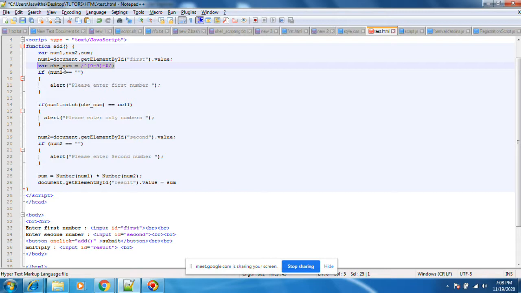In this, check num is the string match. This match means num1 should match this criteria. Similarly, we also need to add that for num2.